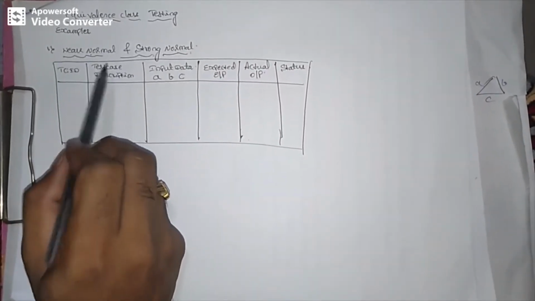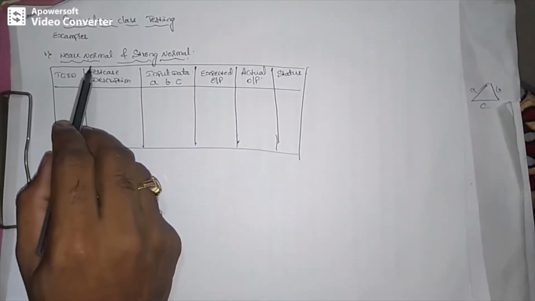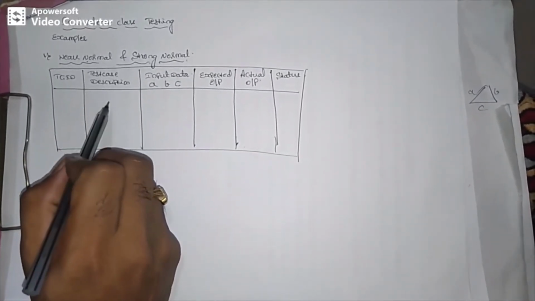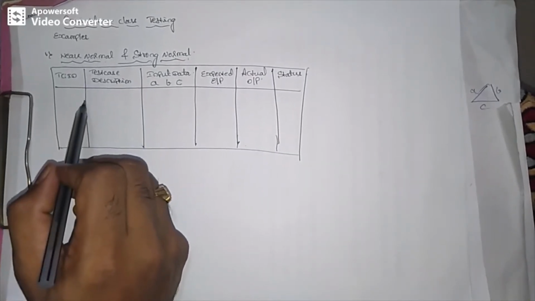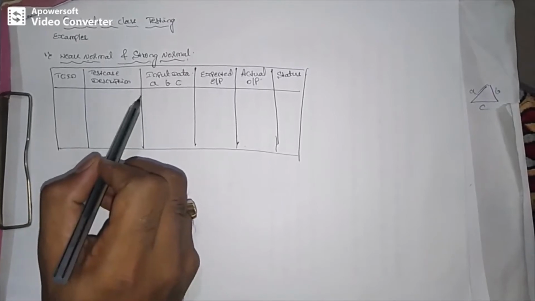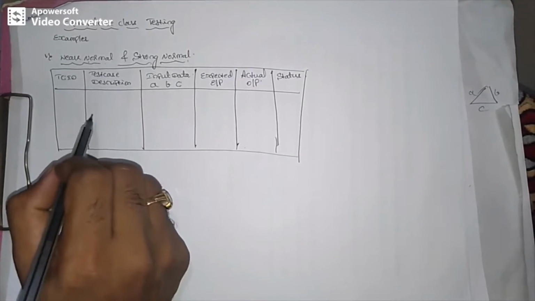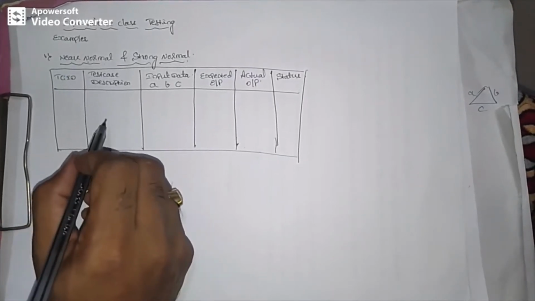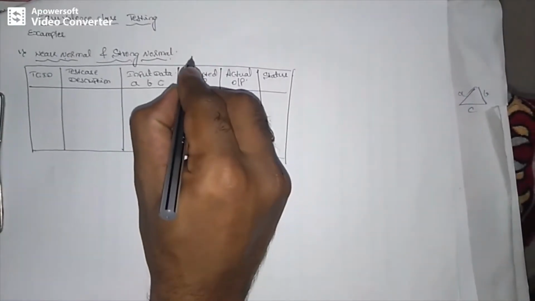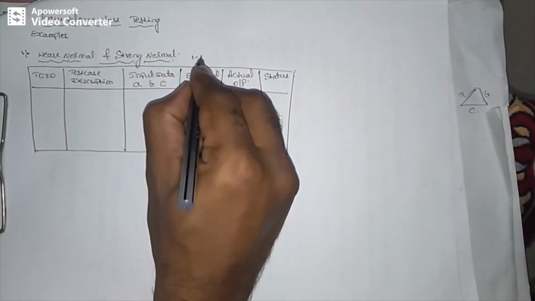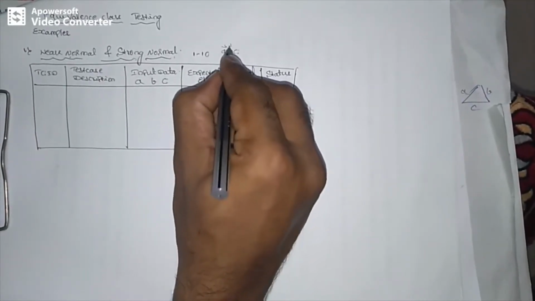In the weak normal, as I said in the last video, based on the possibility of outcomes of a given program, we need to identify the number of test cases. Based on that, we need to specify the input. So in this example, first we will start with the triangle problem. For a given triangle problem, the upper limit and lower limit is 1 to 10, and A, B, C are the three inputs of a triangle.